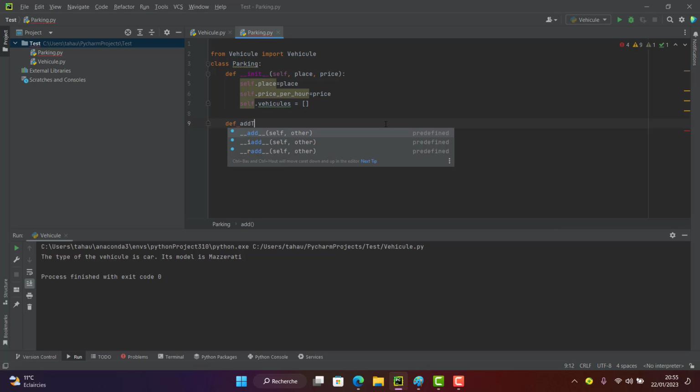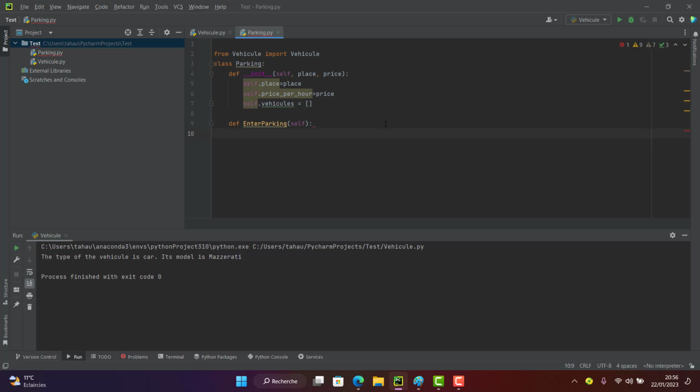Define add to parking, let's say enter parking, of self. So here basically what we are going to do is we need to add some vehicles